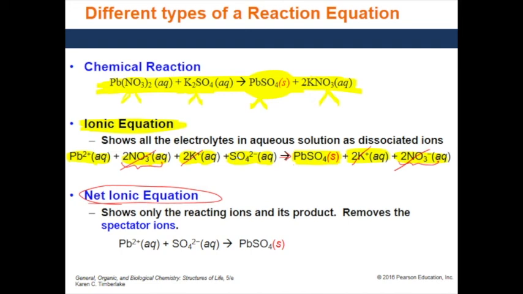This is called the net ionic equation because when you mix these things together, the actual reaction that is happening is just this. And the rest of the ions were present before the reaction, they are present after the reaction. These reactants that do not change, that do not react, that do not produce a product are called the spectator ions, meaning they are just there during the reaction. They are just watching the other ions react with each other to produce products. They are actually just present there, just looking at other reactants react. So they are called spectator ions, and whatever is left